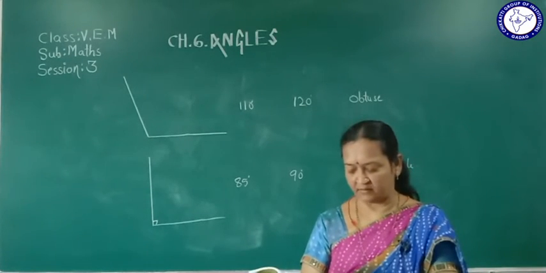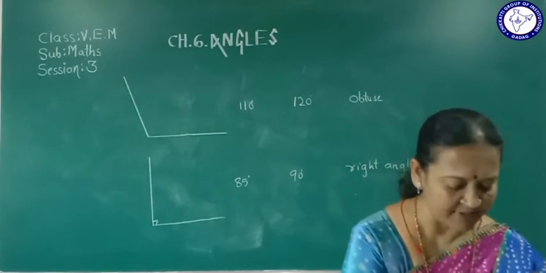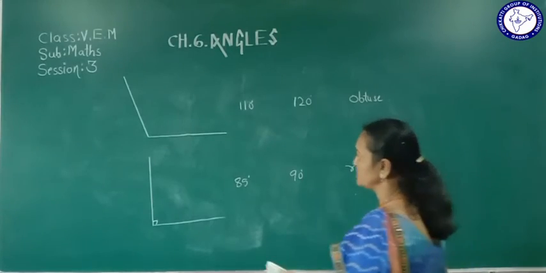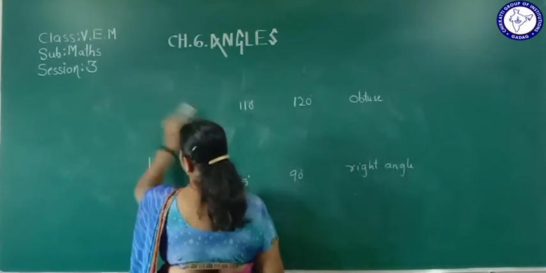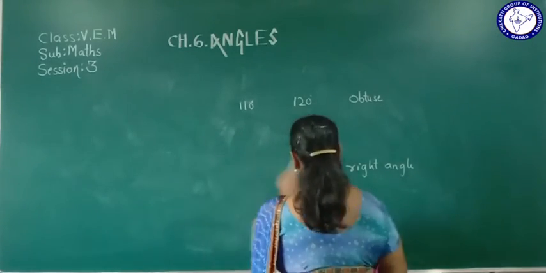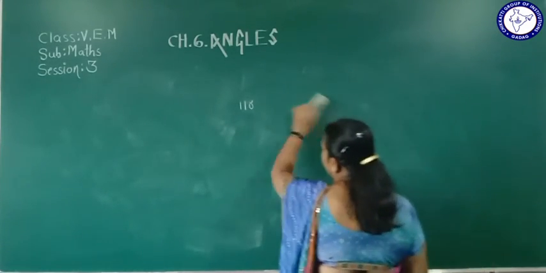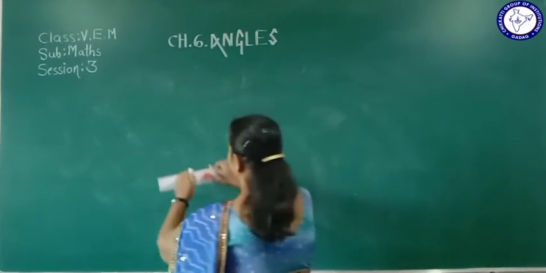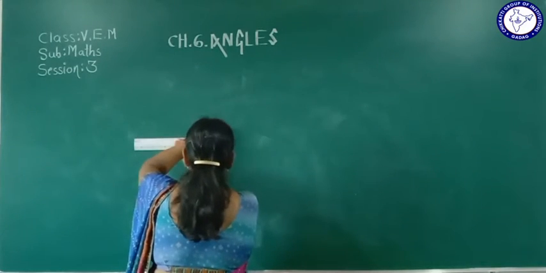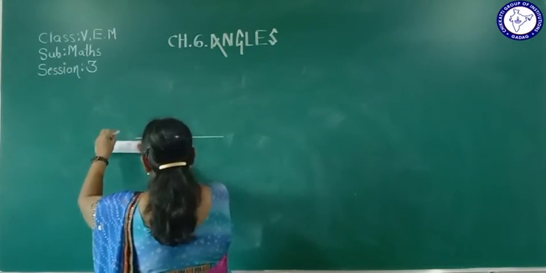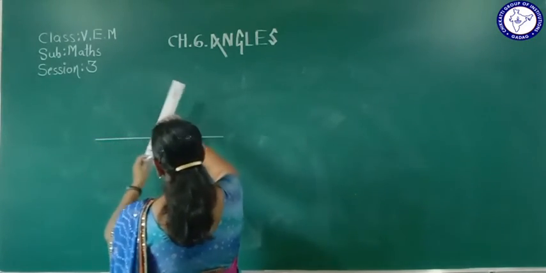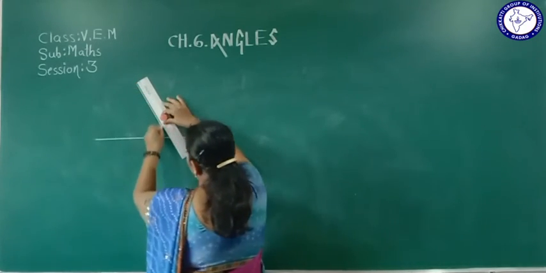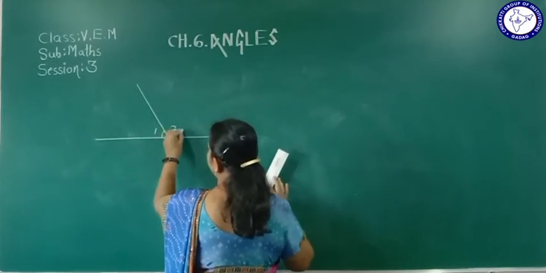Now 10th question. Check here, measure the angles in the figure given below and find the sum of the angles. This is very important question. Here what we learn, a straight angle is drawn. Okay. Now we know straight angle, it measures 180 degree, isn't it? Here a line is drawn on it and two angles are given, angle 1 and angle 2.